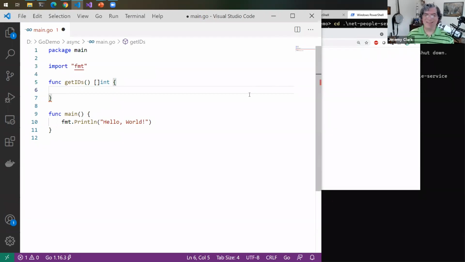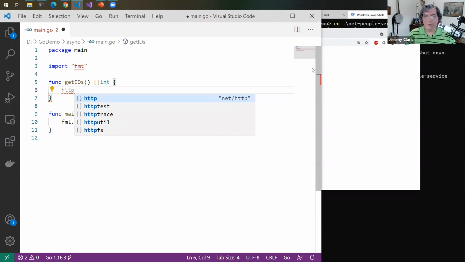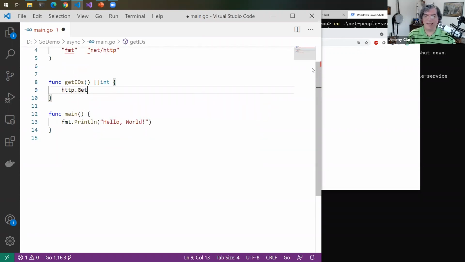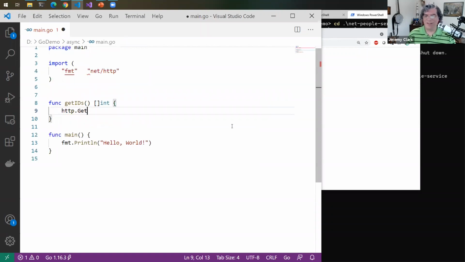Okay, so this is what we want to get back. Now, because I know the data set, I could technically say, hey, I know I'm going to get 9 elements back. I could hard code all that, but I kind of don't want to. To make the call, we'll get something from the HTTP package, and HTTP has a get. Now, just a warning,